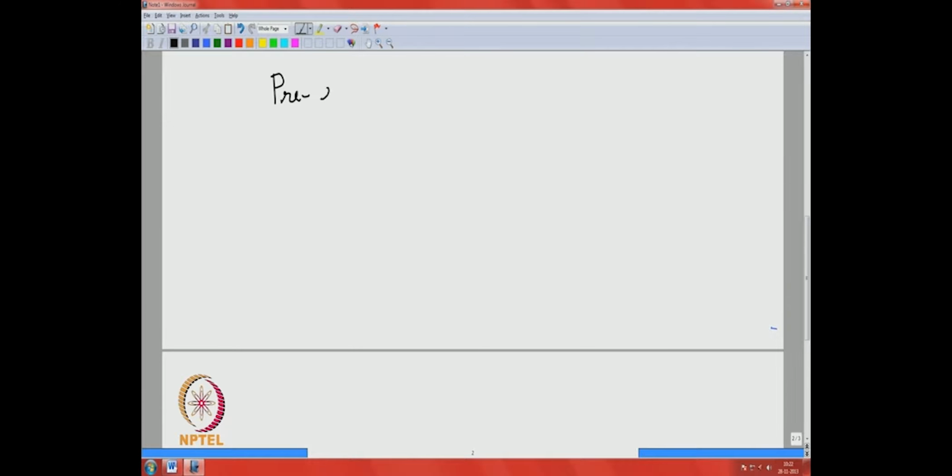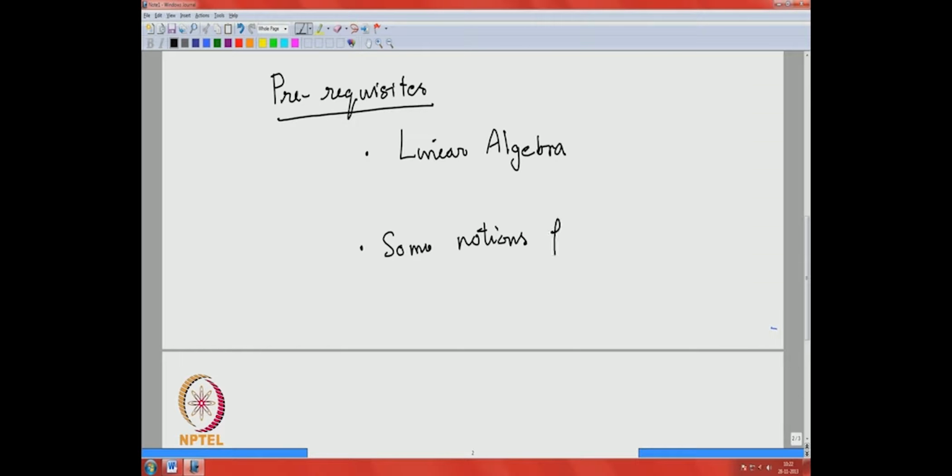Okay. So, let me begin with the prerequisites required for this course. We expect both the students and the teachers to be familiar with a first course on linear algebra. We will elaborate a little bit there. And then the second thing they need to know is some notions from analysis,